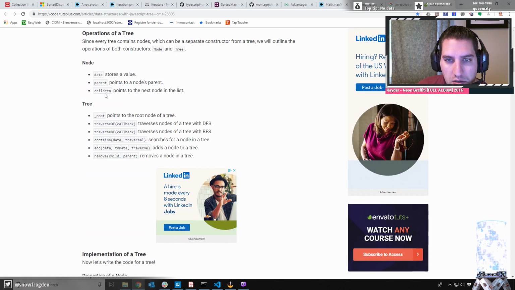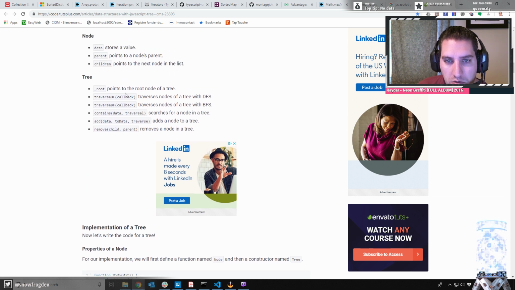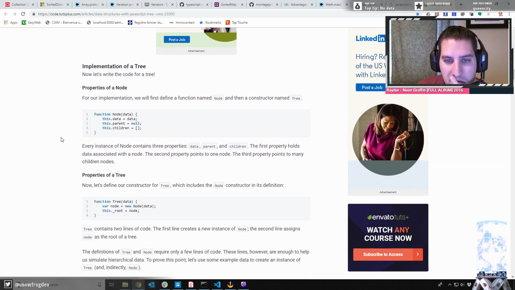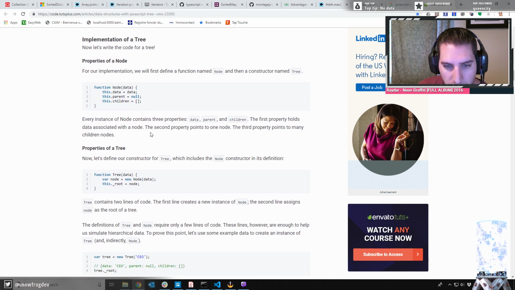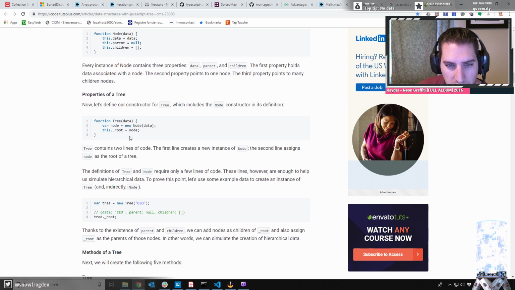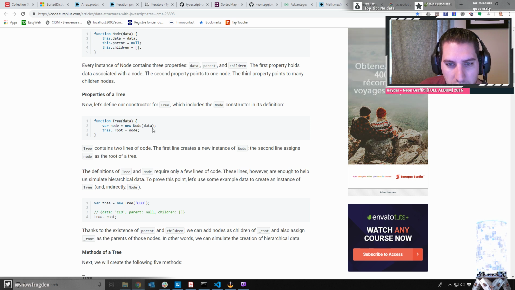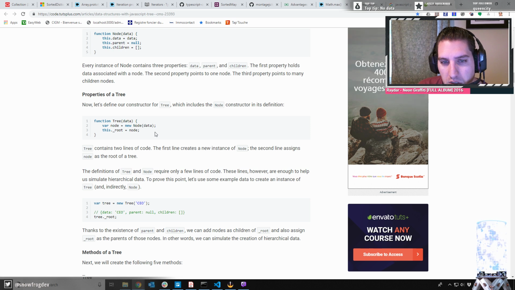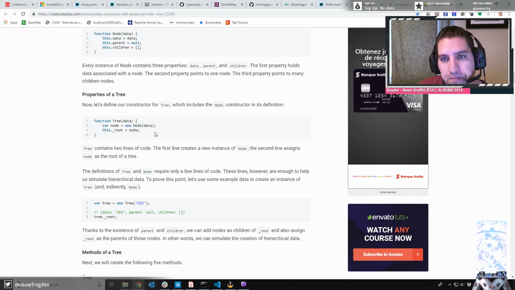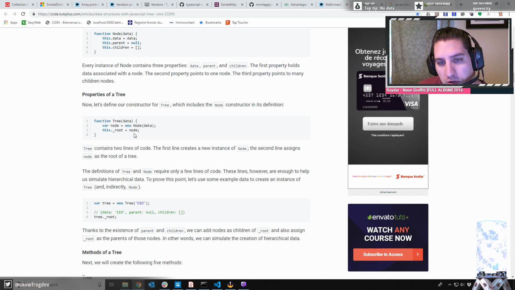Data, parent, children, root. Oh, this is essentially what I had in mind. Var node equals new node. Data. Okay, so when creating a tree,